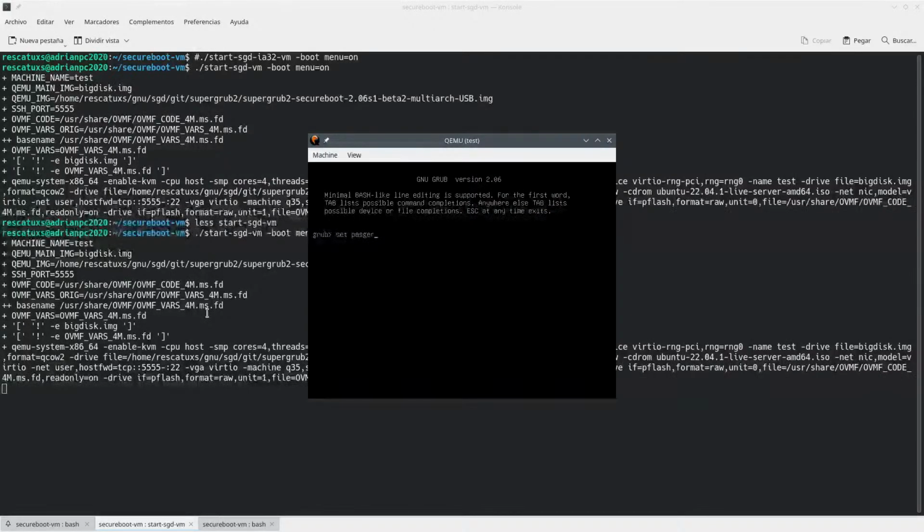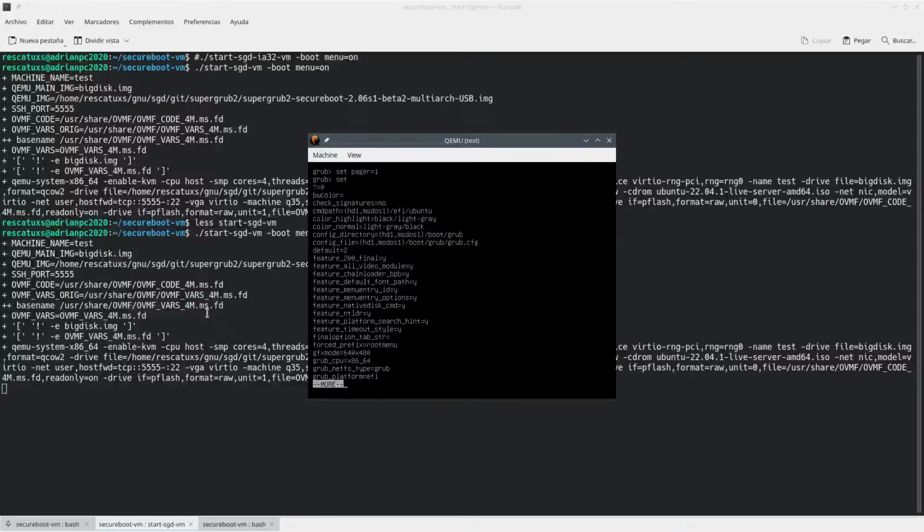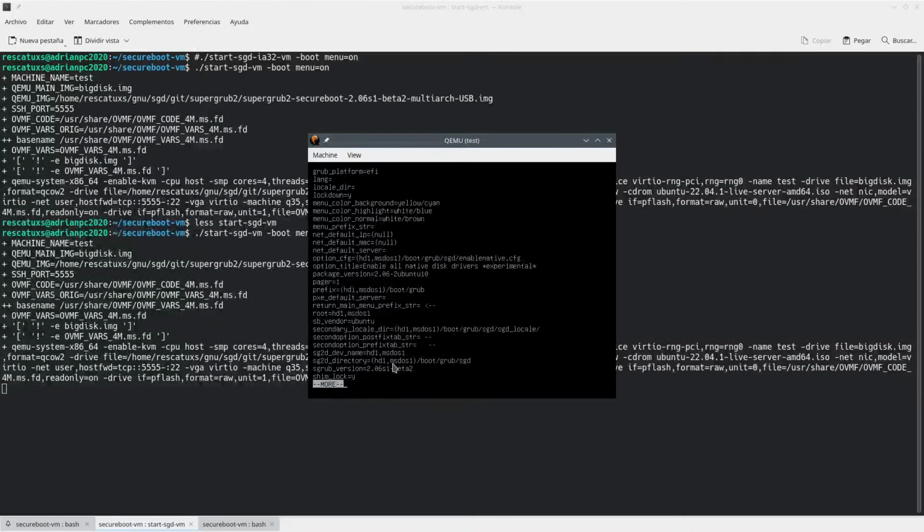If you take a look here, you can see how we've got x64, you've got here xxd, this is AMD 64, okay, and grub UEFI, and you also have the SB vendor is Ubuntu, because we have gone through the grub.cfg file that we make